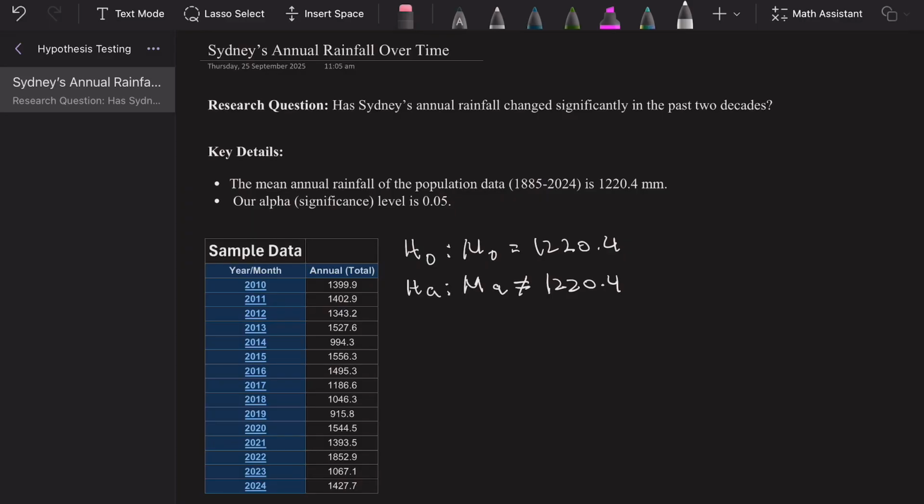sample data we saw earlier, but only looking at the annual totals between 2010 and 2024. So, to calculate our sample mean, denoted by x̄, we want to sum up the totals for each year. So we'll start with 1,399.9, and we want to add 1,402.9, and we'll just do a little ellipsis here, so we don't have to write these all out. We'll just add the last value,